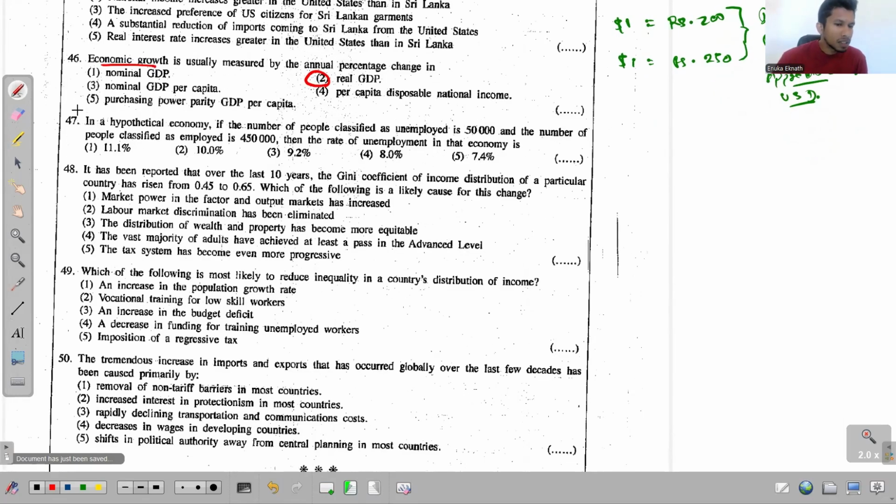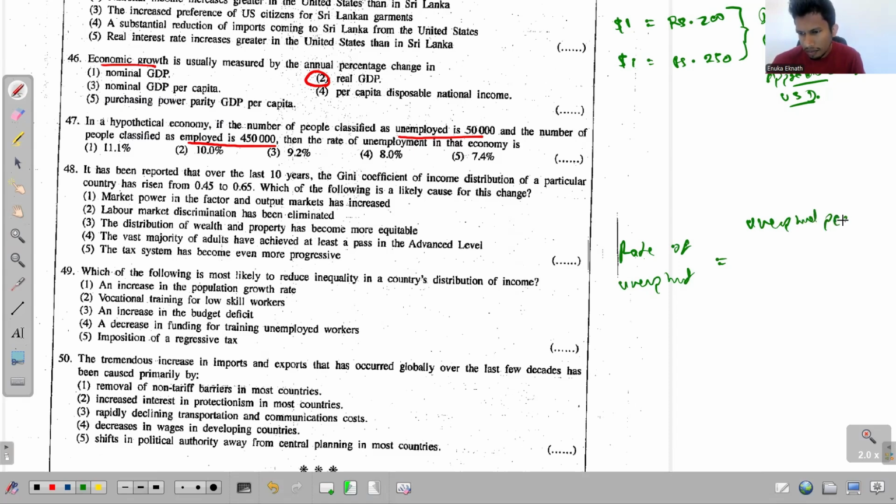Right, now look at question 47. In question 47, it says, in a hypothetical economy, if the number of people classified as unemployed is 50,000 and the number of people classified as employed is 450,000, then the rate of unemployment in that economy is. Okay, so you just need to find the rate of unemployment. Rate of unemployment equals unemployed people over labor force